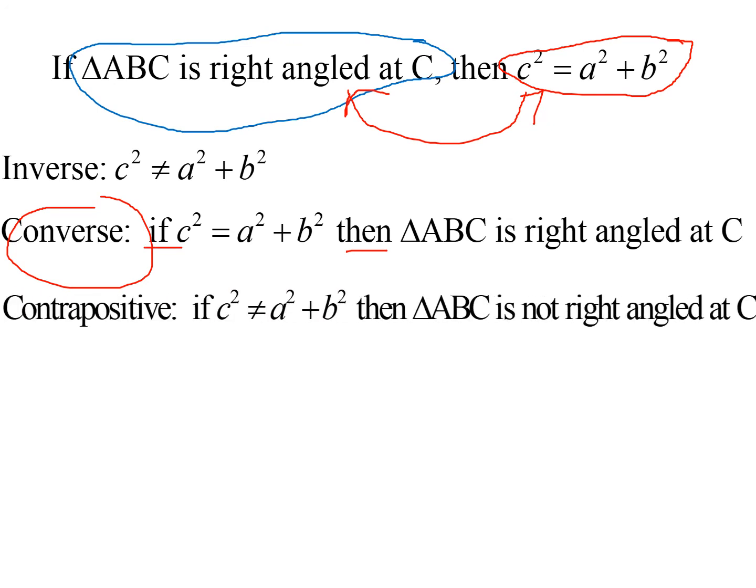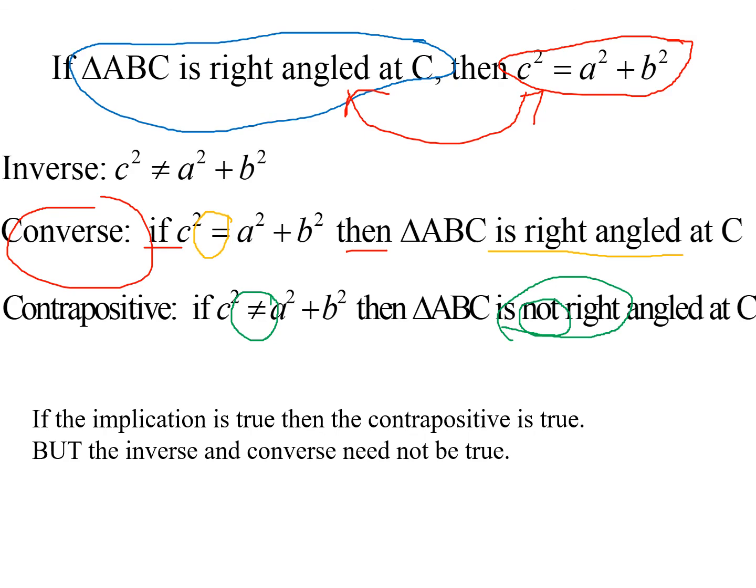A contrapositive is simply when you add negation to the converse statement. What we did here was, you have equals and is right angled in your converse, and we negate it: C squared does not equal, and ABC is not right angled. The keyword here is not. So we have added negation to the converse and it becomes the contrapositive statement. So if the implication is